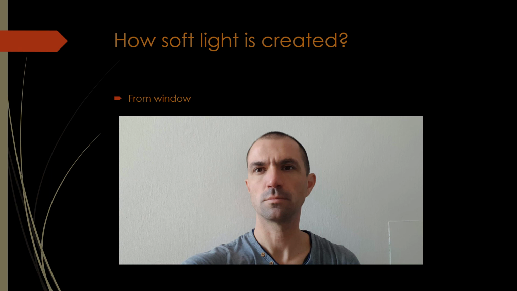Okay, window. So I want to talk about the window. Window is a really great source of soft light, and what the window does is create a well-defined source, because the window has boundaries. So the light is coming from the window, and it does not come from other places except from the wall. The light gets reflected here on the wall, and it's another secondary source of light in